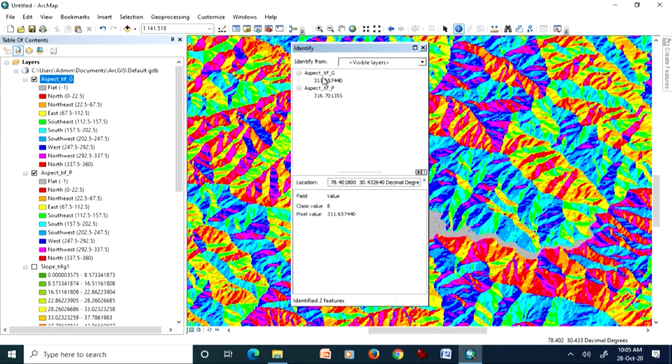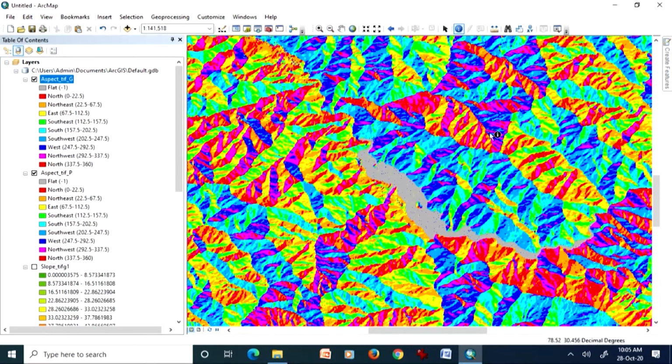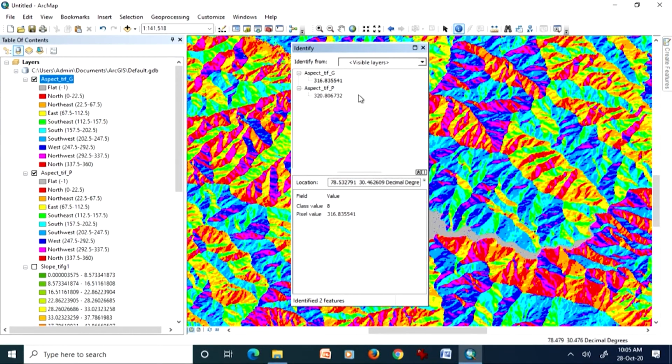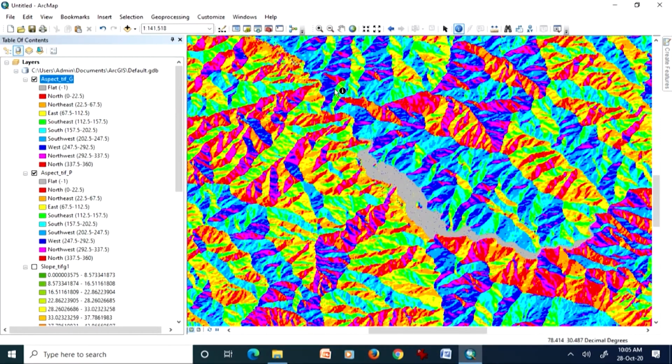Again, in this particular case, geodesic is giving less value as compared to the planar. Whether it is true in all other cases, we can also check it. Yes, the planar is giving more value than geodesic. Likewise, you can inspect. If you have ground information, you can verify. Otherwise, if it is possible, it can be checked in the field, and then you can accept the product.